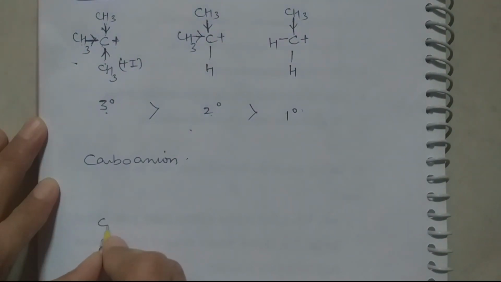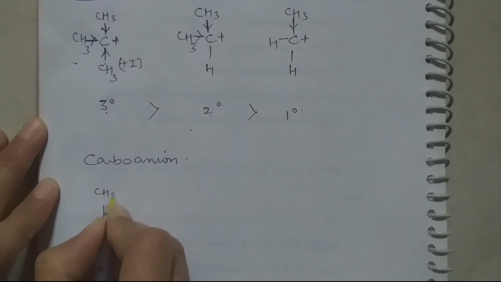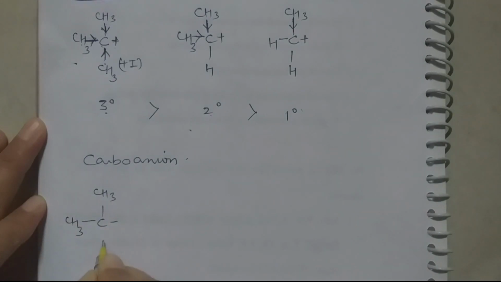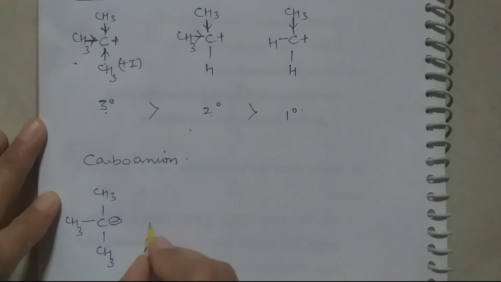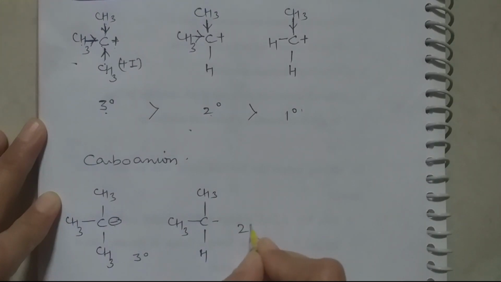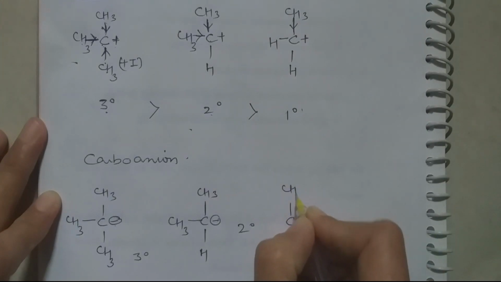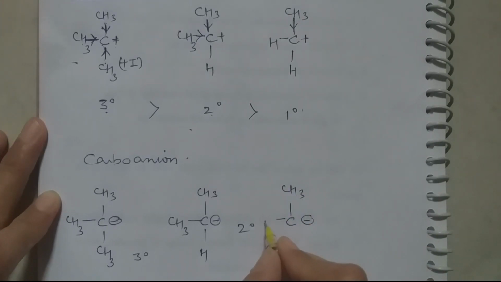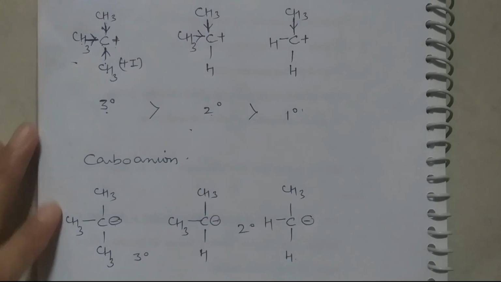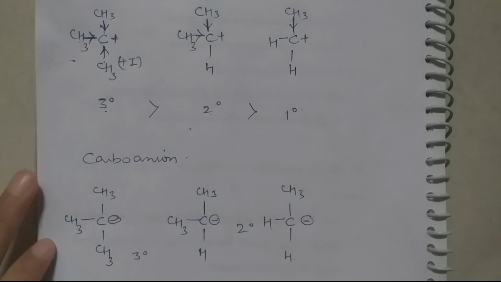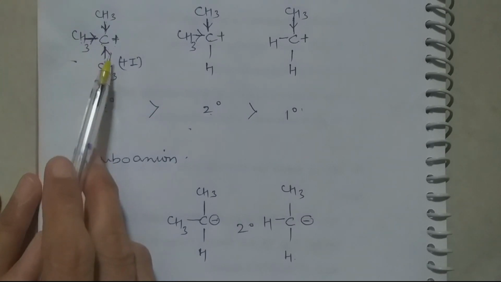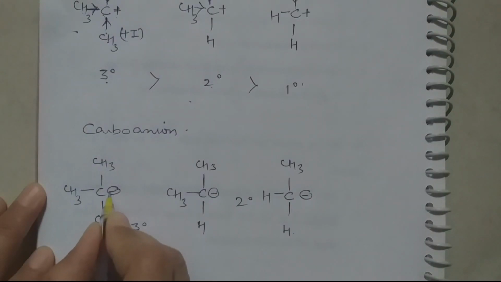This is carbanion, 3 degree carbanion. What happens in case of carbanion? Which one is more stable? This has a negative sign on it. It is 3 degree carbanion, 2 degree carbanion. This is 2 degree and this is 1 degree carbanion attached with a single CH3. Now be careful. The thing that happened with free radicals and carbocation, it doesn't happen over here. This carbon has minus sign on it. It means it has an extra electron.